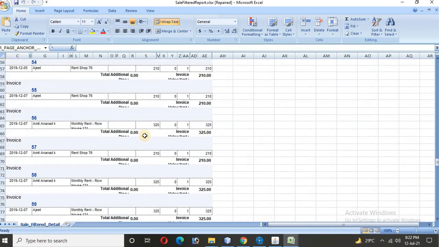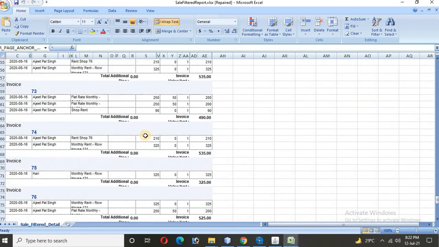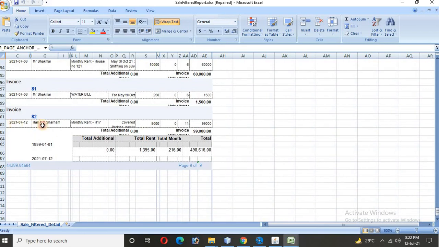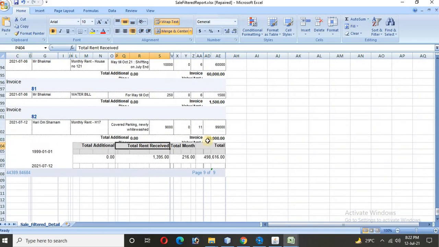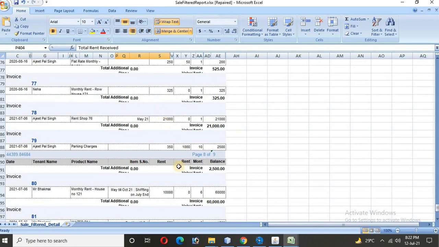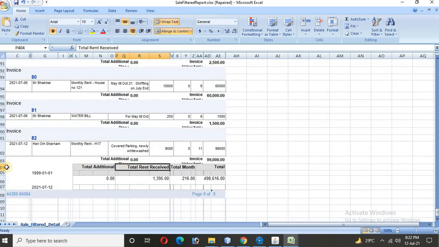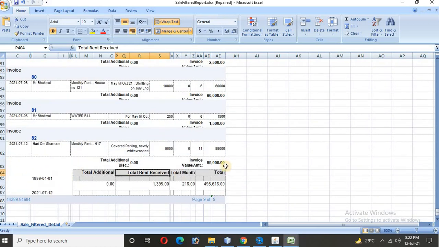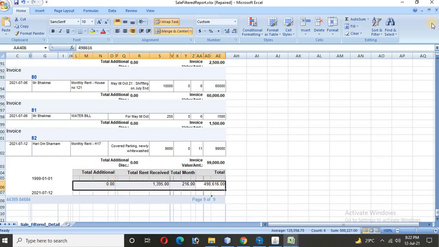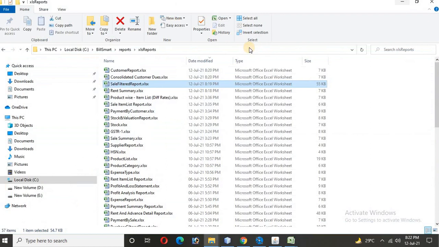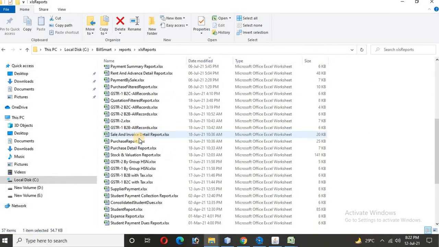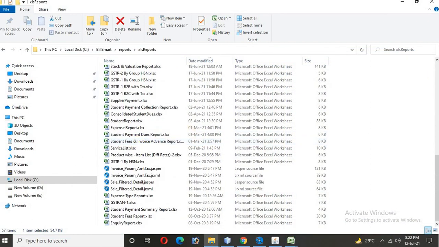this is an Excel. The last one which we have generated for Hari Om Sharanam will appear up here. You can arrange your records as you want. This is an Excel sheet, so the data will automatically get extracted into the Excel sheet as well. This gives you more freedom to work on that. So 4,98,616 is the total billing done so far which we have generated through there. I'll minimize it. These are all the reports which I have generated in the past, so they are up here.